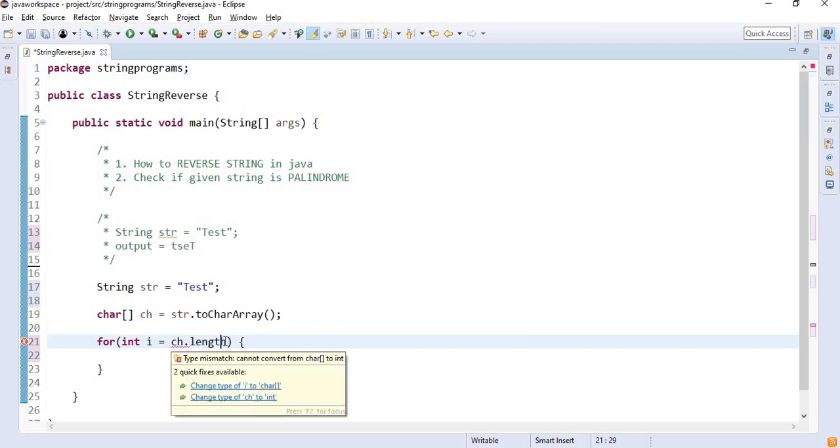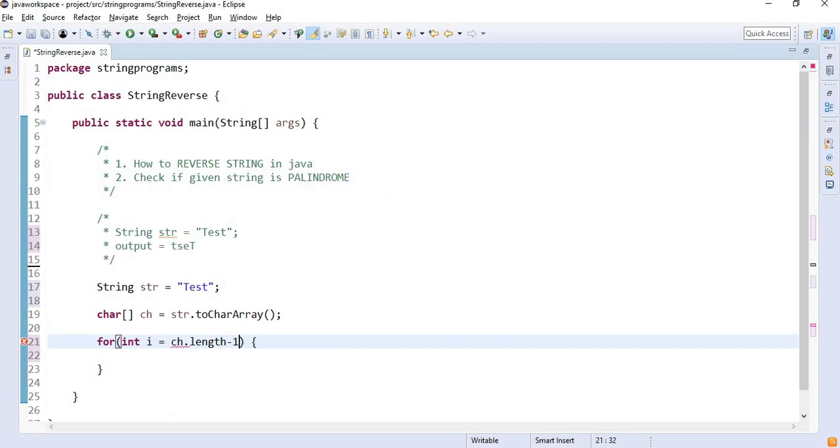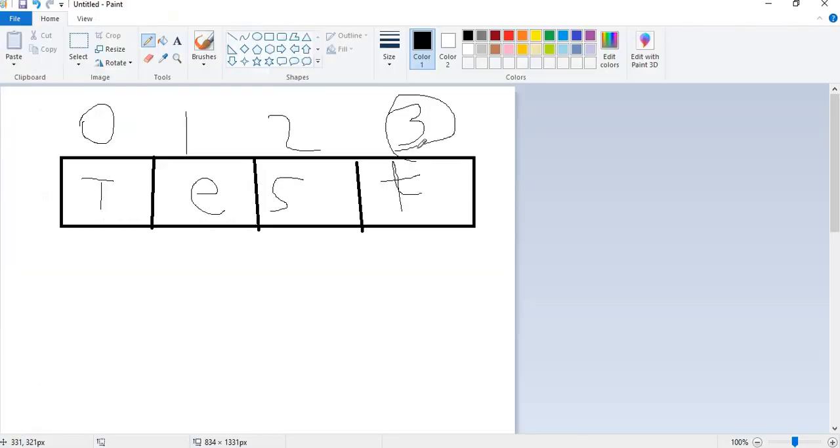The character length is 4. If I say minus 1, then it will be 3. So the first condition is to pick from the 3 index, the last index, and the character at the last index is t.